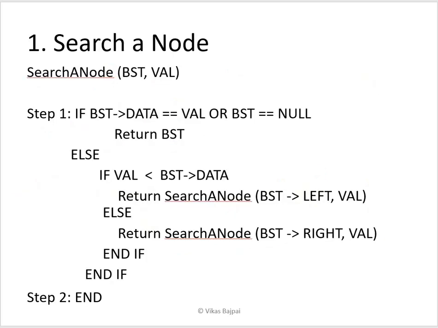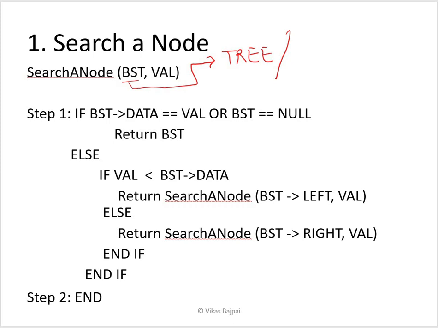And to start with, what we have is the search option. That means searching a node. So what we are doing here is a generic algorithm, right? In several literatures you'll find several variants of it. Variants means the implementation remains the same, your basic funda remains the same, but the terminologies are slightly different, right? So for example, in some of the literatures this BST which I have used will be termed simply a tree, but since we are dealing with BST, I took this particular name.